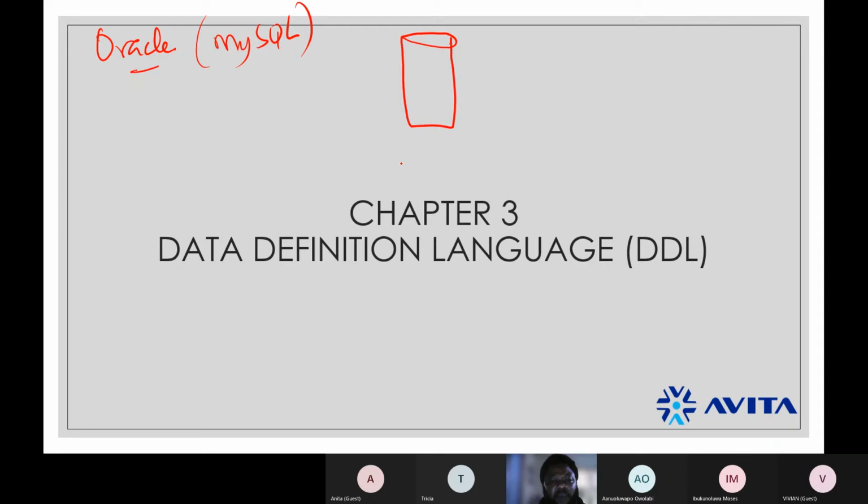So this is my server, and on it is the database. The server is actually a machine, a computer, that has information stored inside the database. A server is made up of two things.